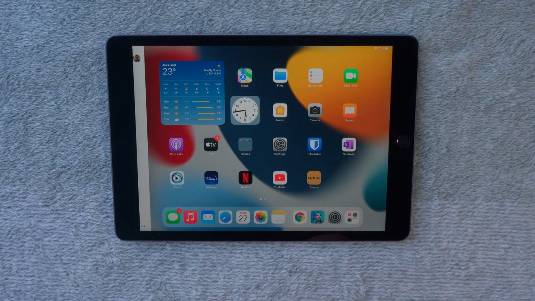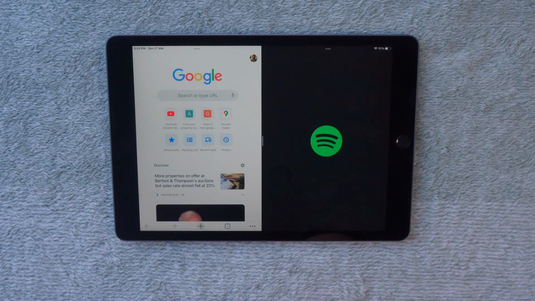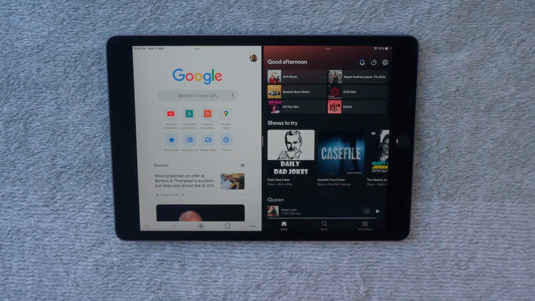If, however, you want a split screen view and you want to have two apps running side by side, again, click those three dots on the top and select the middle icon, which will give you split screen view. It will then ask you to select another app that you want to run side by side by it. Now, if you are running two apps side by side in split screen mode and you want to make one of them full screen, that's really easy.